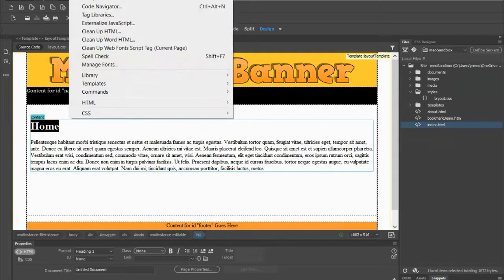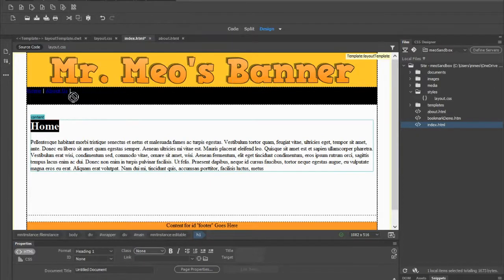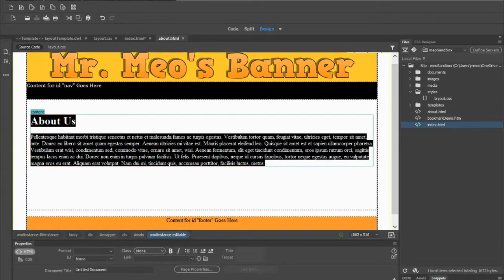And I'm paying careful attention to this area. I'm going to go to Tools. I'm going to scroll down to the Library option, and I'm going to say Update Current Page. And when I click that, notice that my index.htm page has automatically updated with the information that was on the template page. I can go to my About Us, Tools,